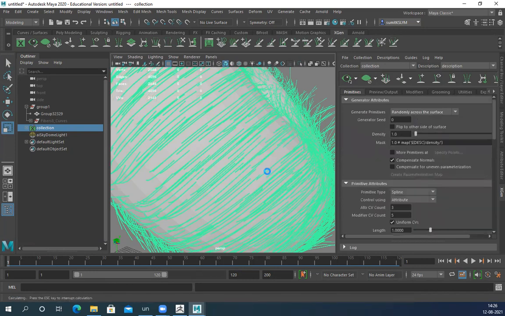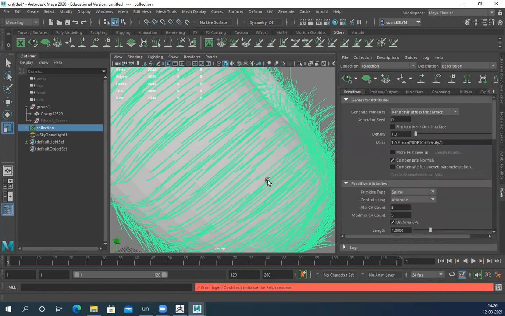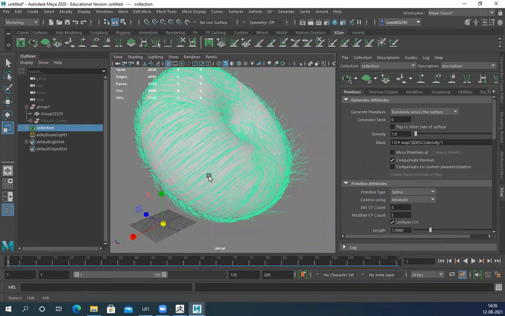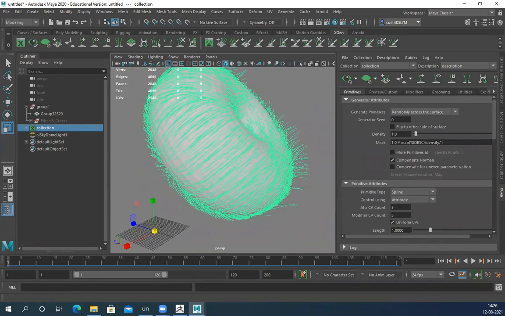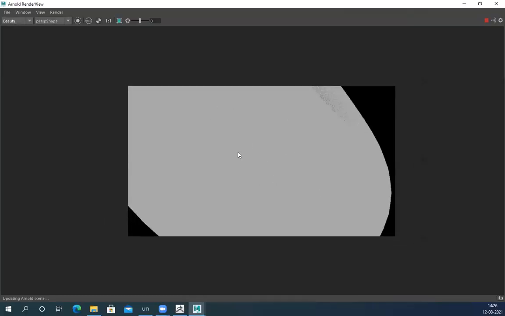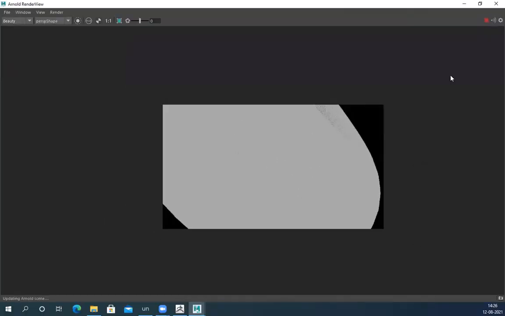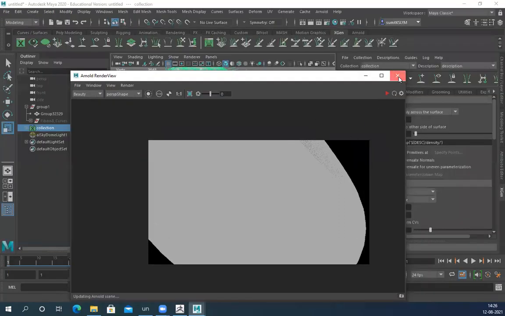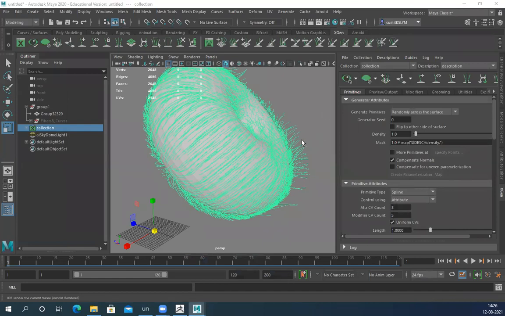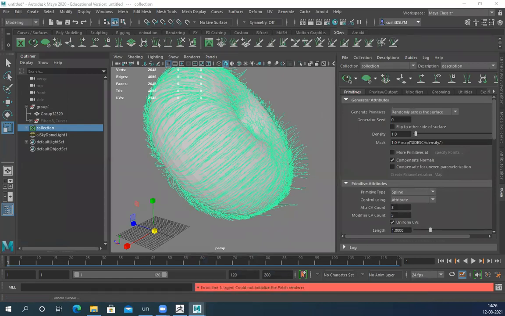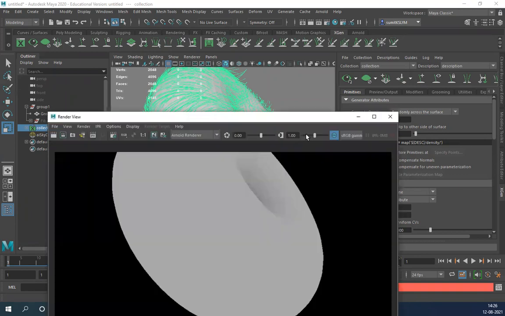Let's see. Randomly process surface. Then click and check. IPR. IPR, no, it's not working.